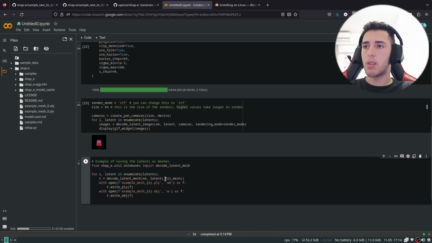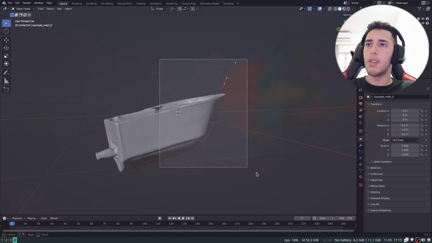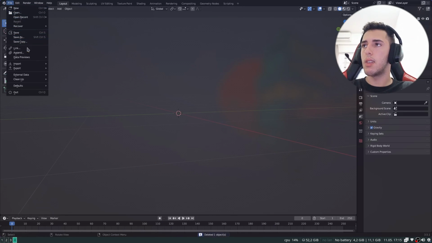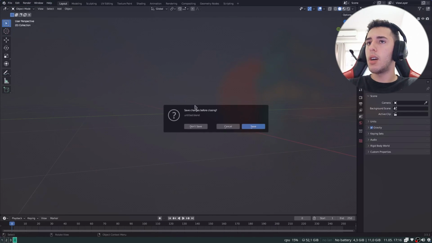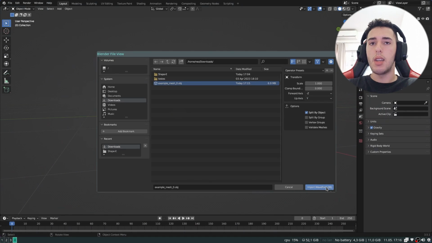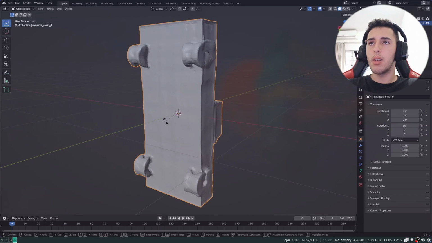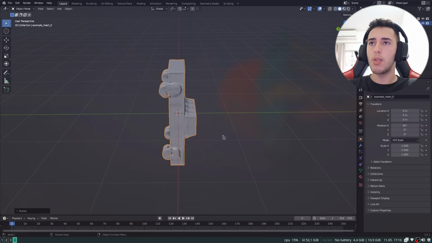So it's kind of finished writing the object, and let's download it again and open it in Blender. Let's just delete this. So let's open our car. I need to go to File, import the object, and here is the example mesh. And there is our car right here. Let's see, how can I rotate this?